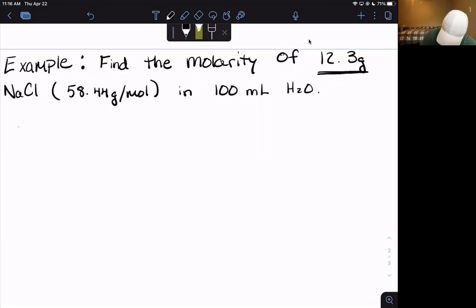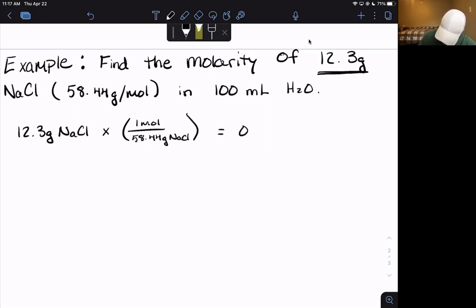So we have 12.3 grams of NaCl, and we're going to multiply that by 1 mole for every 58.44 grams of NaCl. And that gives us 0.210 moles of